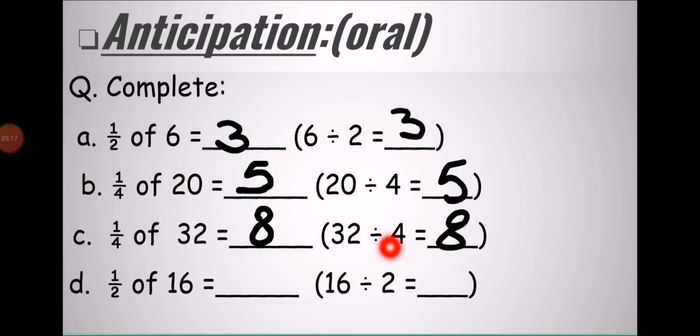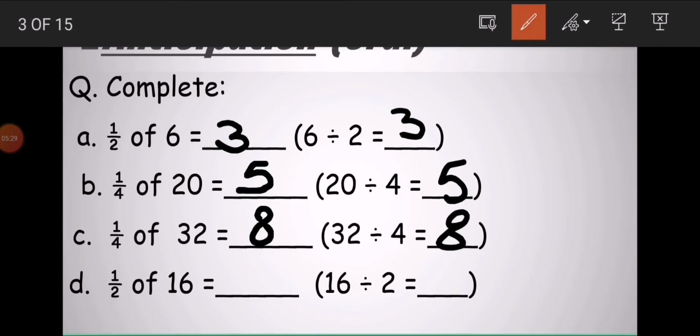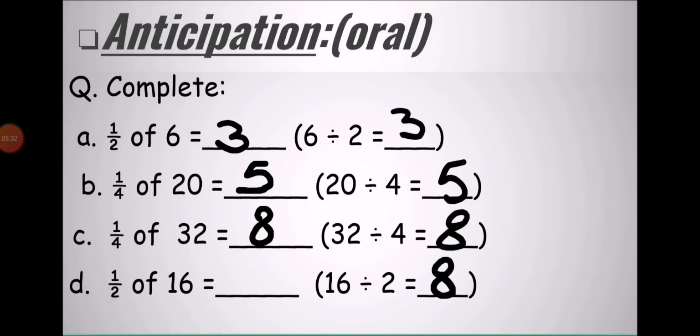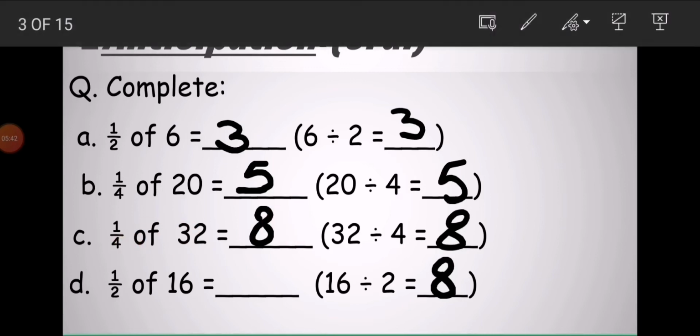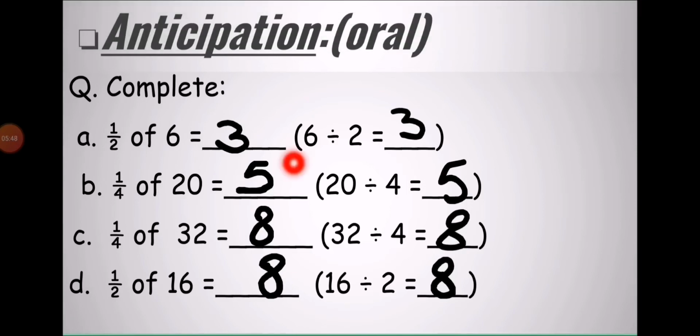2 1 times 2, 2 2 times 4, 2 3 times 6, 2 4 times 8, 2 5 times 10, 2 6 times 12, 2 7 times 14, 2 8 times 16. Yes, 2 8 times is 16. It means when we divide 16 into 2 equal parts, each half is 8. So half of 16 is 8. One half is 8 and the second half is also 8 because we are dividing equally. When we are dividing equally, we say it's a fraction. A fraction represents equal parts of a whole or a collection. Remember that.